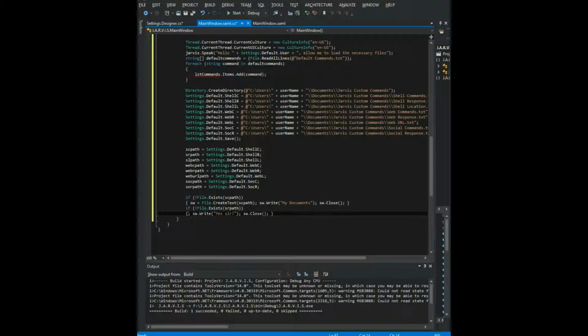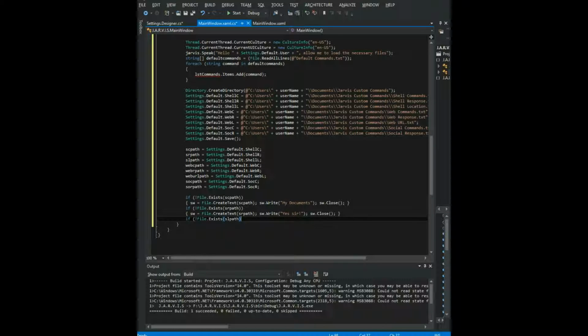My bad. Alright, so sw is equal to file dot create text. Here is which one? SR path. Yeah, that's it. So if is equal to exclamation mark file dot exists, and in these parentheses write SL